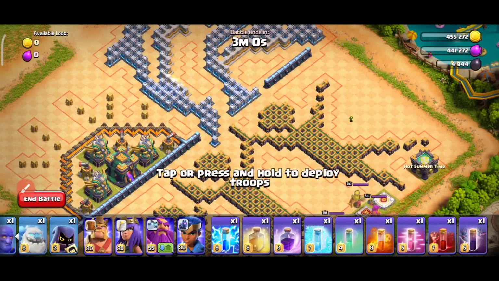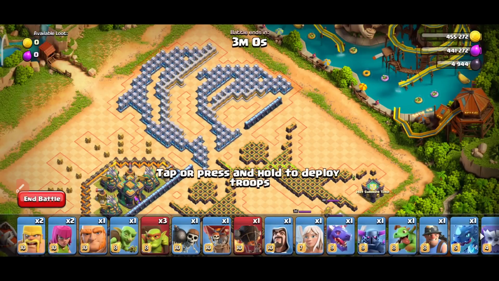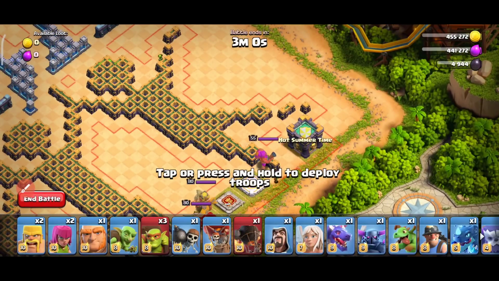In the meanwhile, you need to make the funnel for your troops, and for that you need to send one barbarian here and then our Grand Warden on the ground with a healer to start destroying Teslas. Also at the same time you have to use your sneaky goblins on the side of the base here where